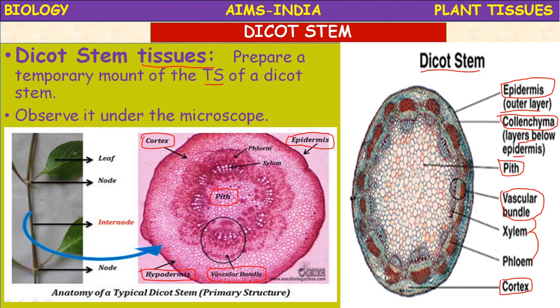If you draw the picture and question yourself, what are the similarities between the shoot tip tissues and the tissues shown in this figure? Shoot tip means previously meristems. Okay, shoot tip and root tip. There you will see a different arrangement of cells. But here, different types of tissues are arranged differently.